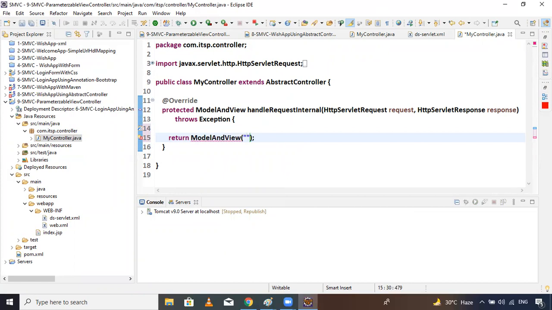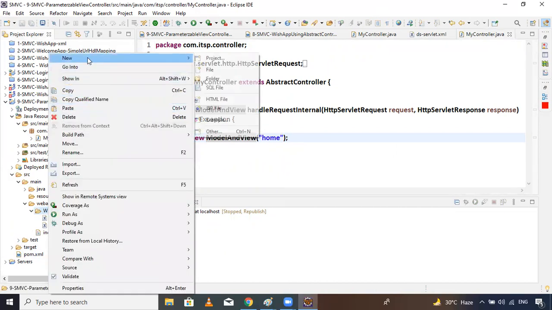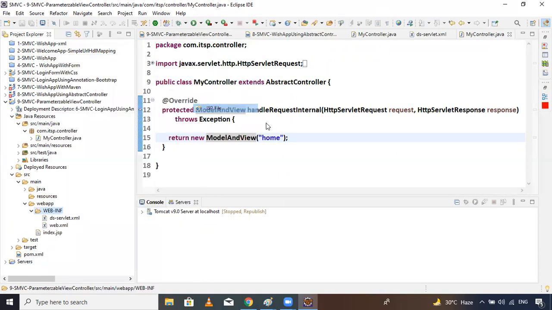Logical name like home. Just prepare the home, new object. So inside the pages,